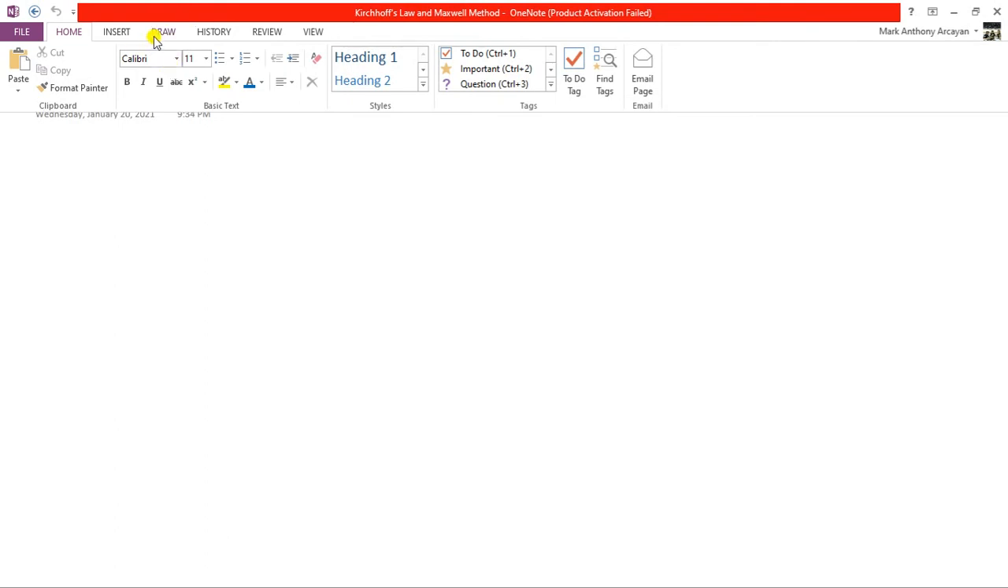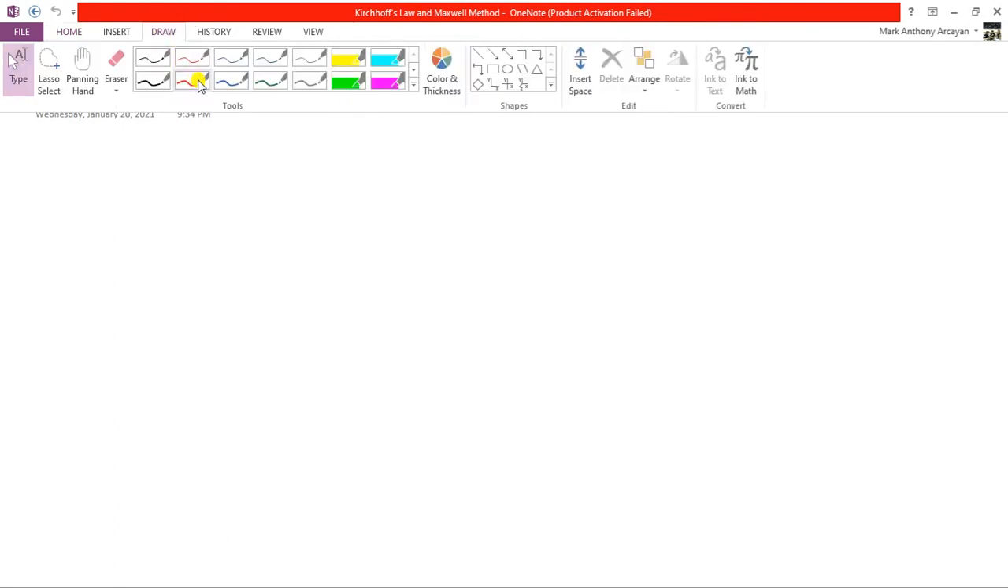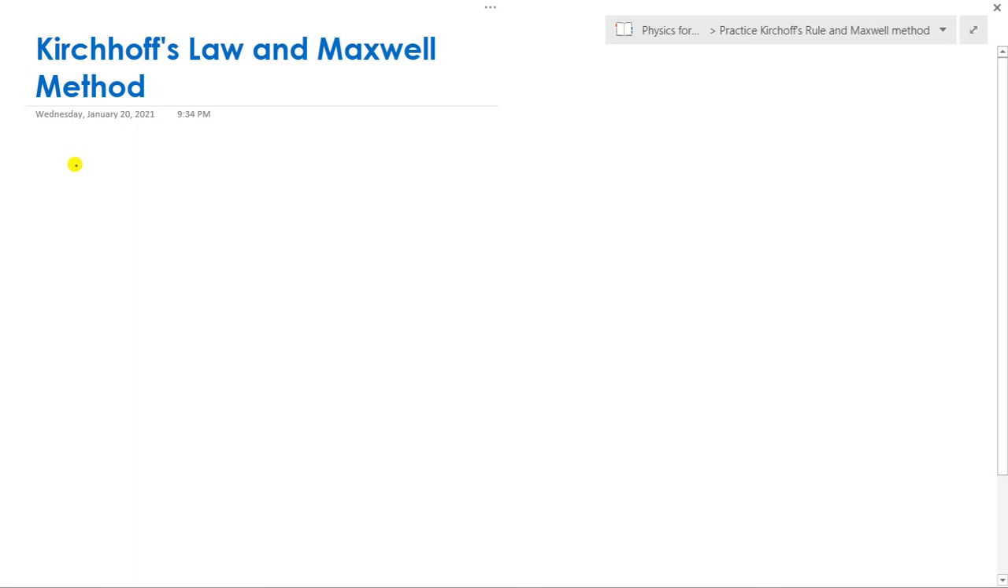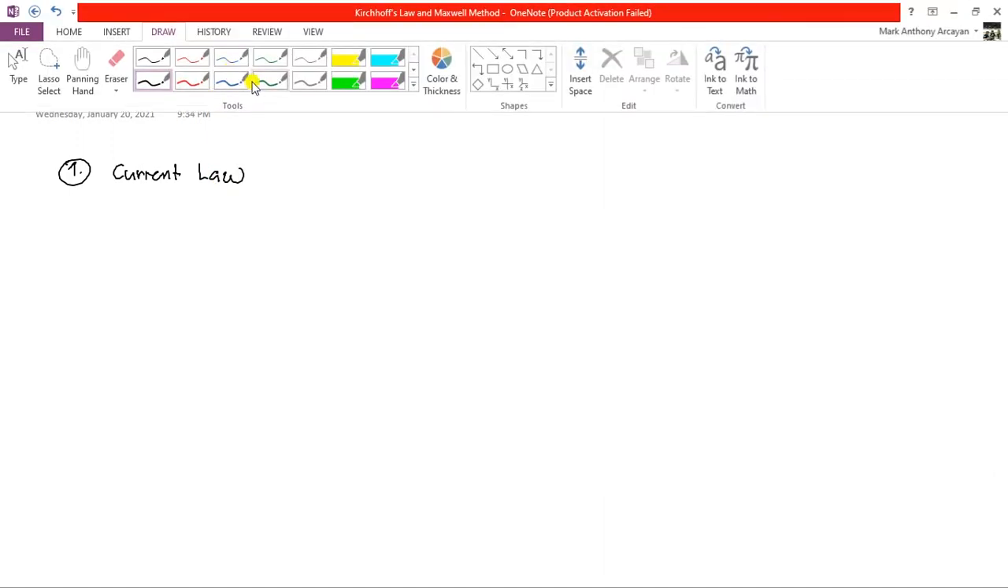So again, just a review for Kirchhoff's law. There are two laws. The first one is for current, right? The current law. Meaning, in the current law,